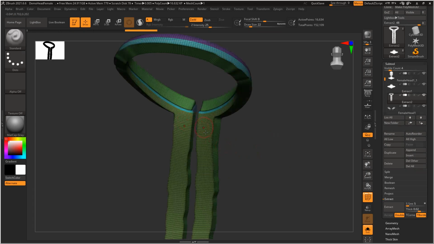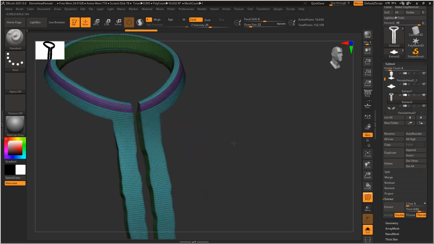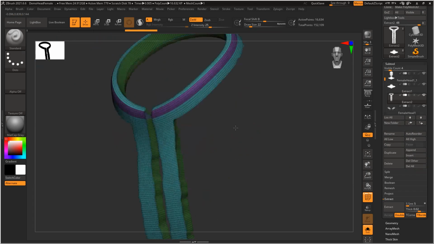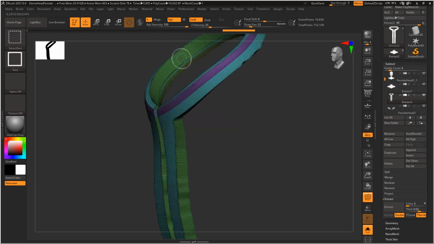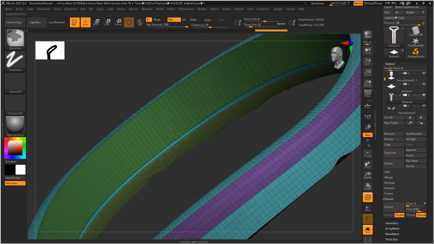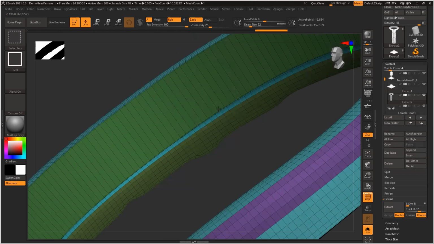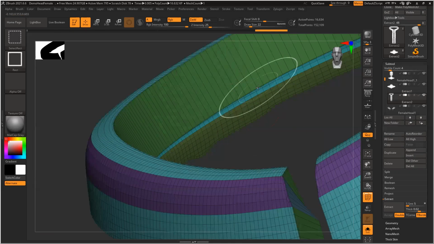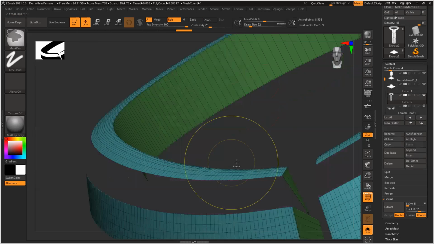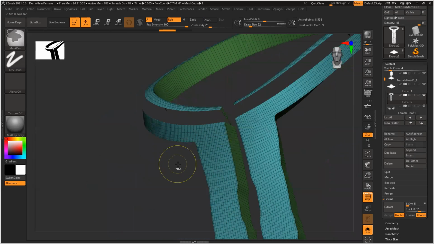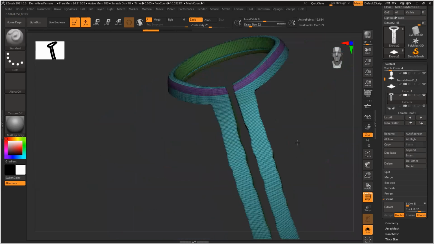Shift F. So this inside green thing is not required. So how do I remove it? Okay, it's creating issue.